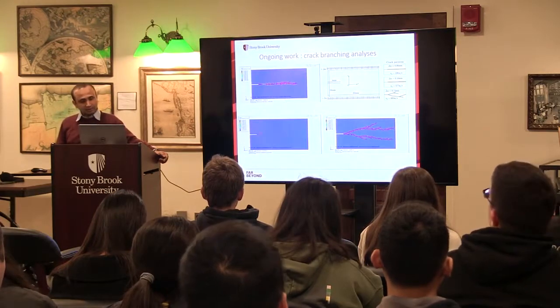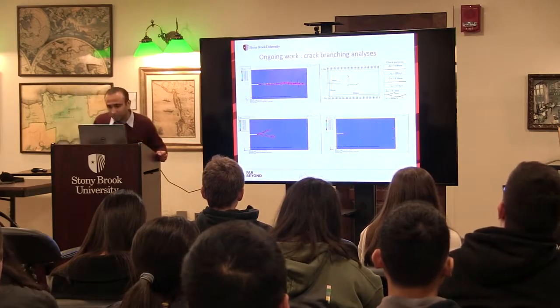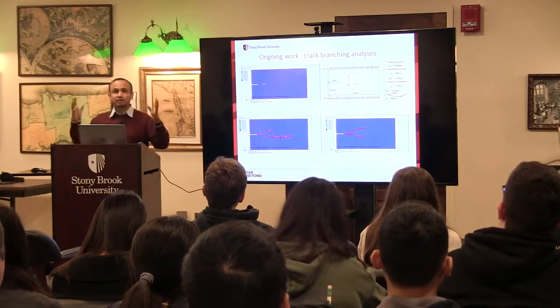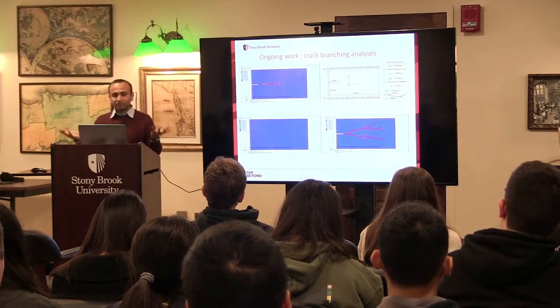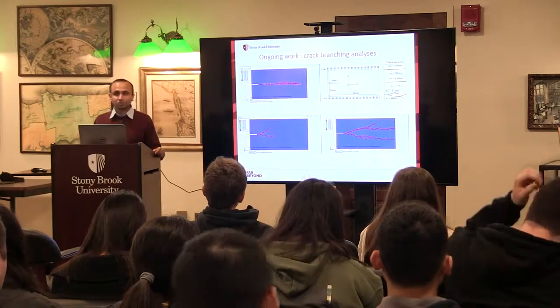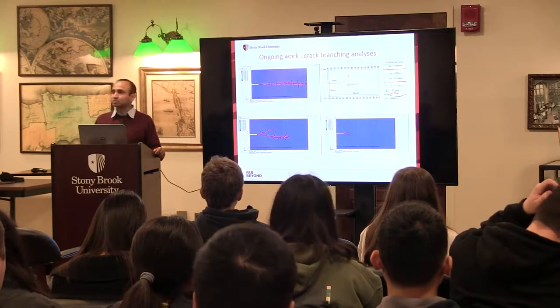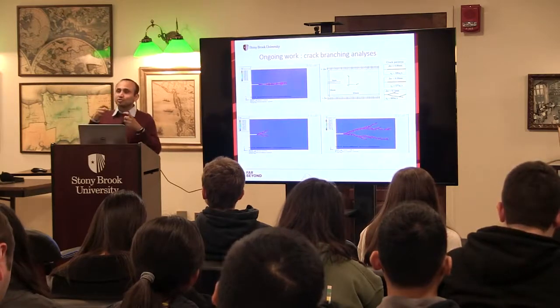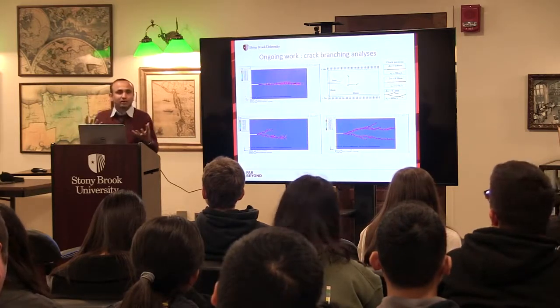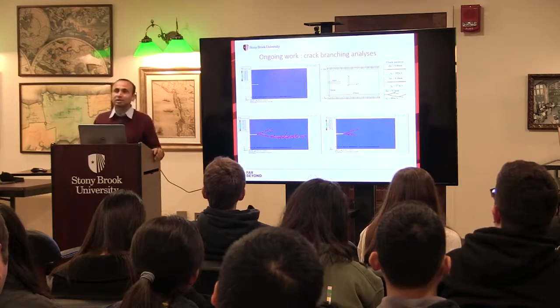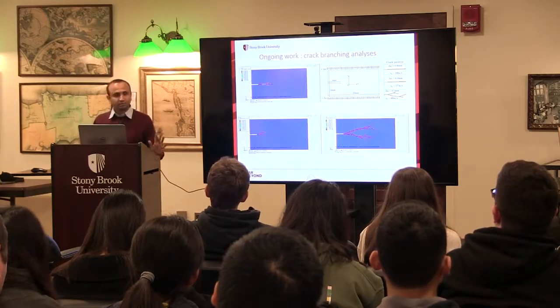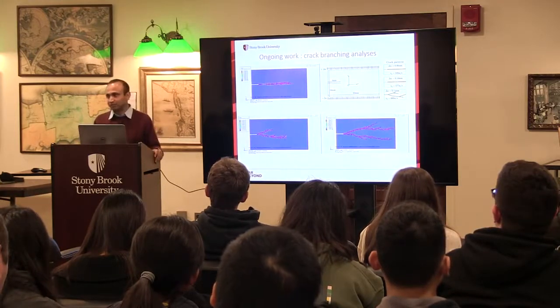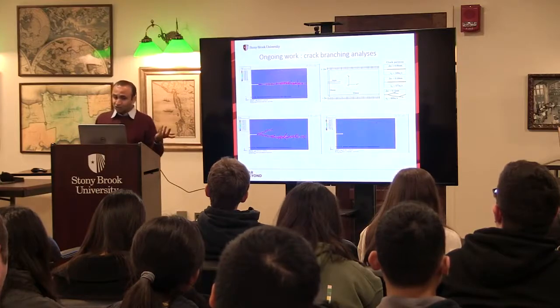On the top right, in a small picture, we show experimental data. So we are seeing that the model also reproduces this. And that is just because there is more energy available when you load it faster. So one crack is not enough to dissipate all that energy. So it must branch. And it seems like it is capturing that. So yeah, this is where we are.